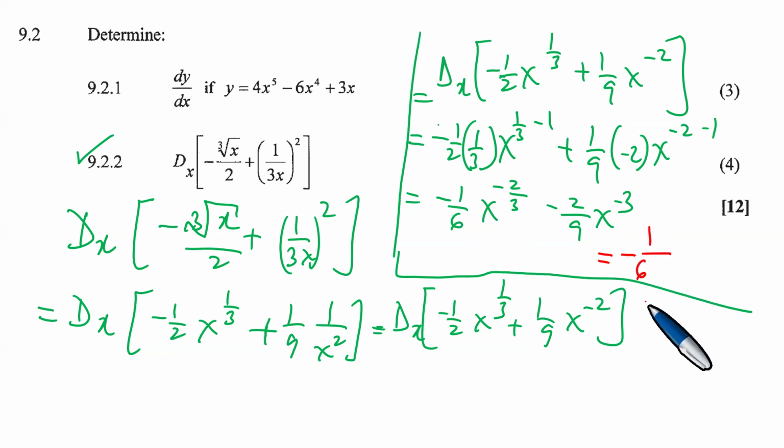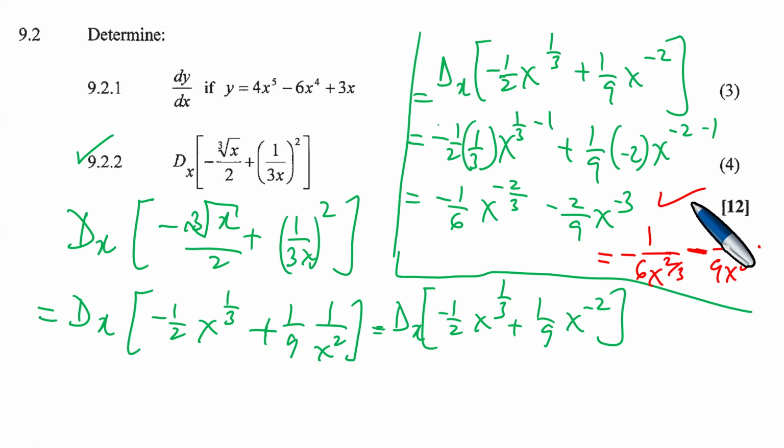So now this is 1 over 6, and then it is x to the power 2 out of 3. Okay, and this is minus 2 out of 9x cubed. Okay, and this is what we have. And therefore, this is the answer to the question, because we are to determine the derivative of this expression, and we have found it like so. So yeah, it is awesome, and we have found that. So there is another thing here that we ought to do,